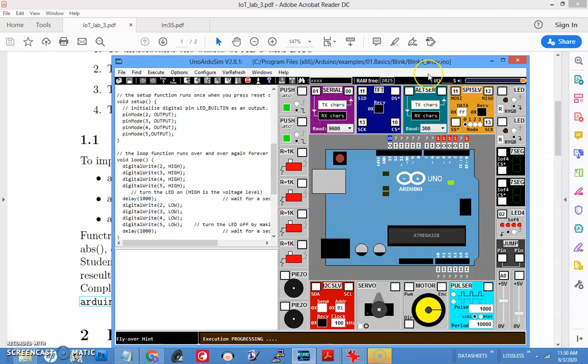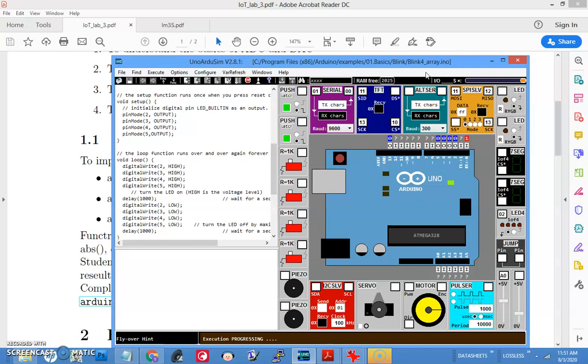And for those who already have the Node MCU, they can try it on the real hardware. I have uploaded the lab manual which talks about Node MCU in the Amble server. So they can go ahead. Others need not worry. We will have a separate session on installing the necessary libraries required for Node MCU on the Arduino IDE and get you to use it. I hope that from maybe next lab or the one after, we will be able to switch to Node MCU and start doing real IoT experiments.